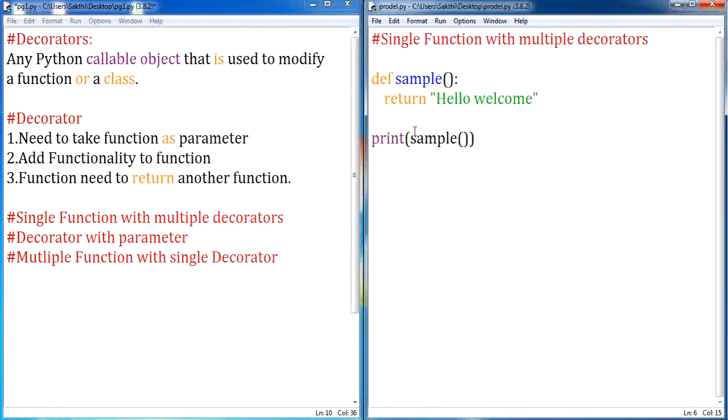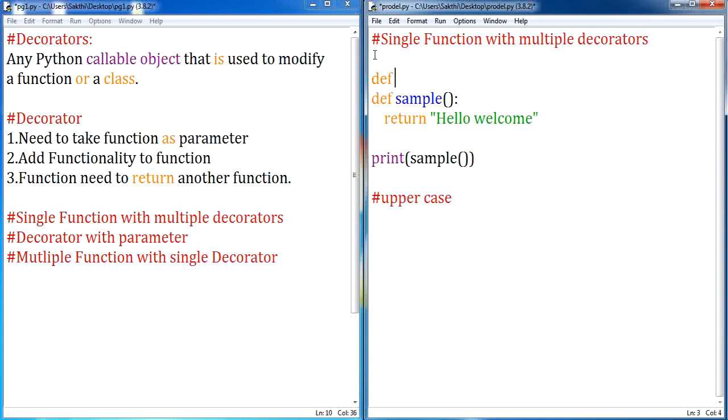What we are going to do is decorate this particular function by applying decorator. The first decorator I am going to apply is I want this particular string to be converted to uppercase. This is the first decorator condition where this function has to be applied with the uppercase by implementation of decorator. So we know that whenever we are applying decorator, we are not going to disturb the function, we are going to modify the functionality of a function. So let me go ahead with the implementation of decorator.